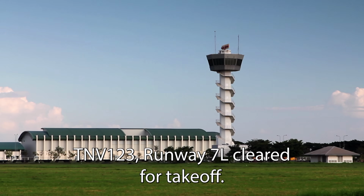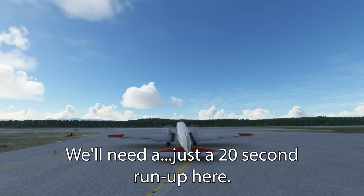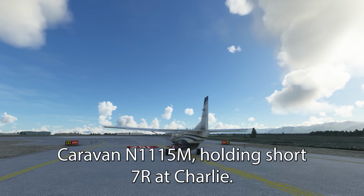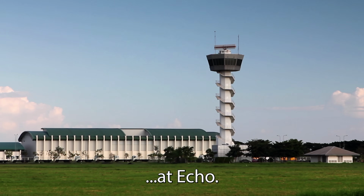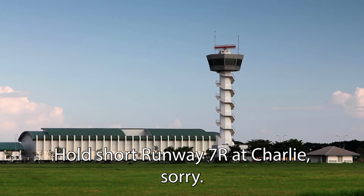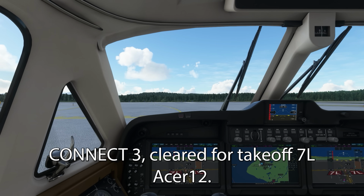Trans-Northern 123, runway 7 left, clear for takeoff. 7 left, clear for takeoff, Trans-Northern 123, we'll need just a 20-second roll-up there. Trans-Northern 123, roger. Tower, good morning, Caravan 1115 Mike, holding short, 7 right, Charlie. Caravan 1115 Mike, hold short, runway 7 right, at Echo. Holding short, 7 right, and we're at Charlie, 15 Mike. Hold short, runway 7 right, Charlie, sorry. ACR 12, runway 7 left, Connect 3 departure, clear for takeoff. Connect 3, clear for takeoff, 7 left, ACR